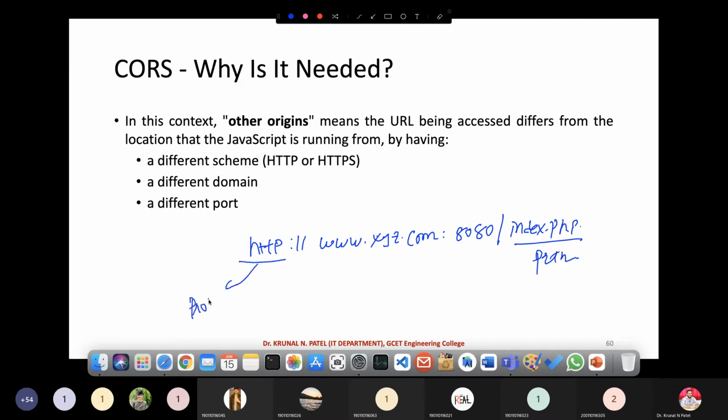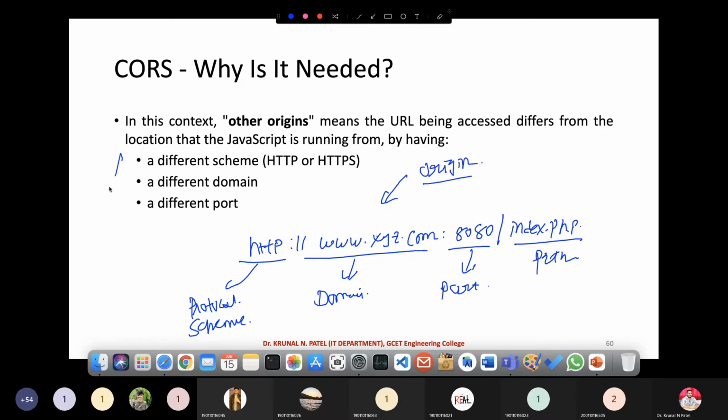This is our protocol, or you can also say the scheme. This is your domain, and this is your port, right? So the origin is built up of these three things: one is the scheme, another is the domain, and the third is the port.